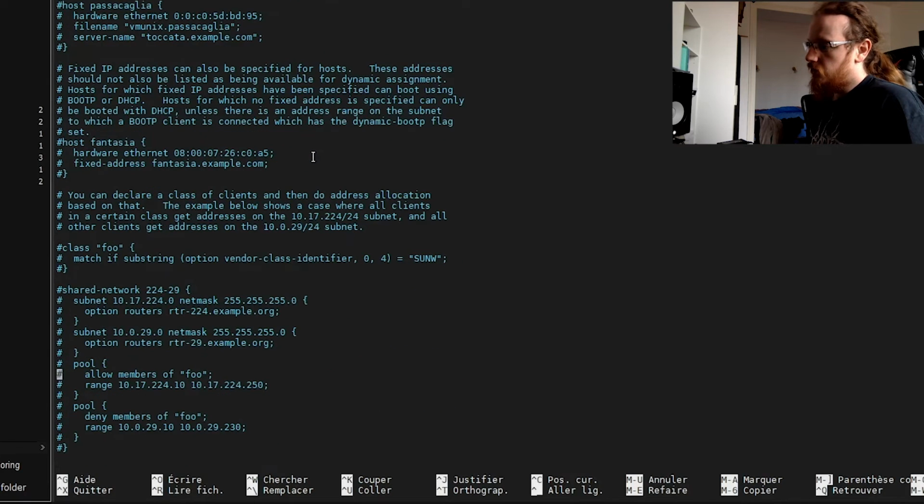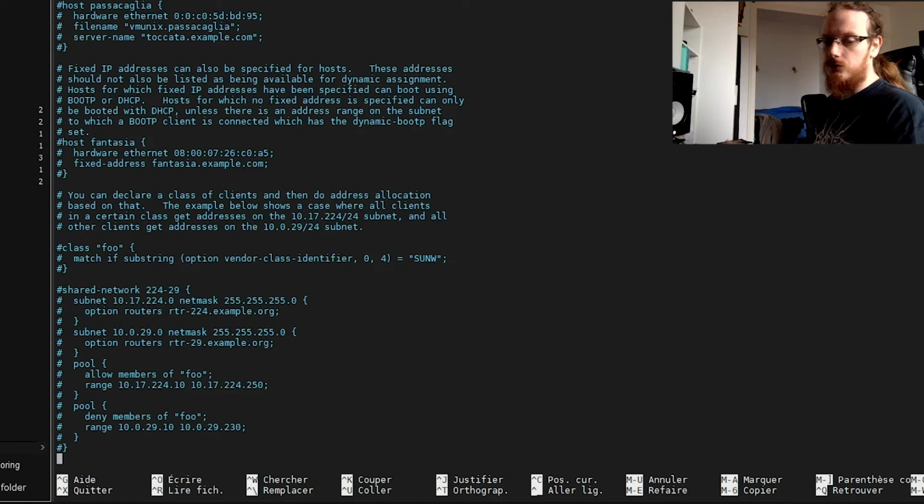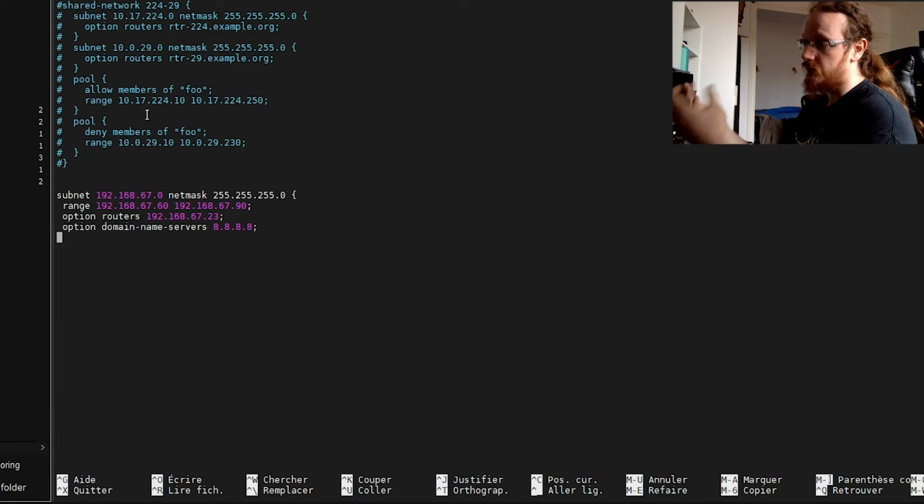So we are on a big document with a lot of commented parts that are possible configurations for your DHCP server. So we're gonna create our own DHCP range. That means that our server will give addresses between this address and this address. It will give this address as a default router, and the net mask will be this one for everyone. So let's add some lines at the end of the document. So subnet